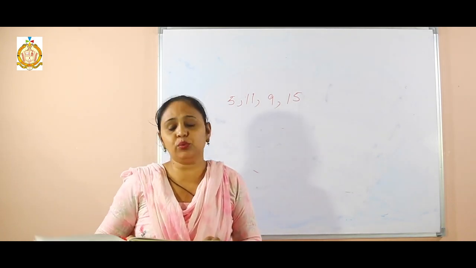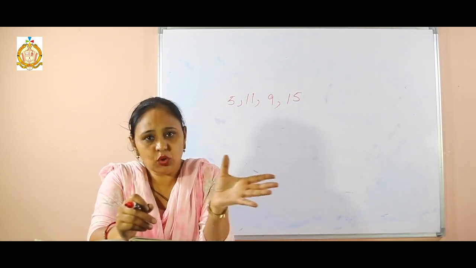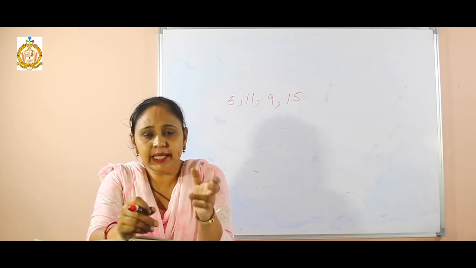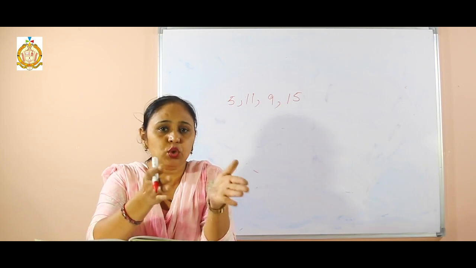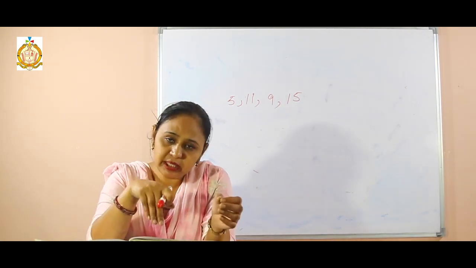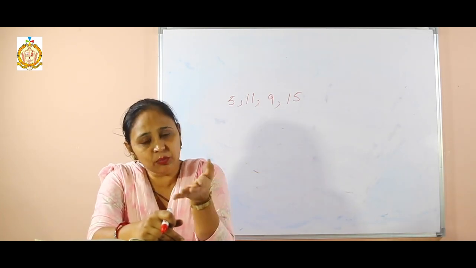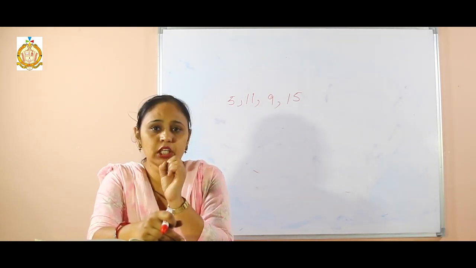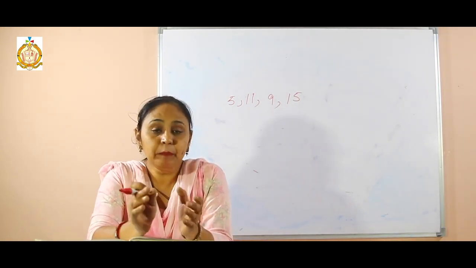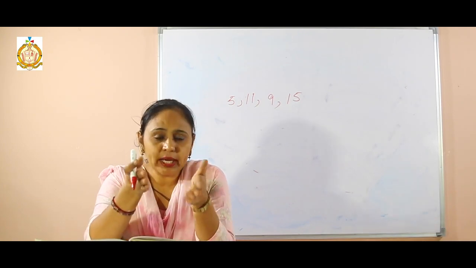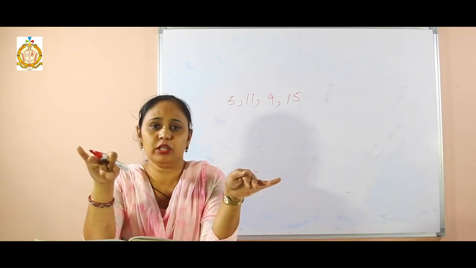Now in this 14.4, see students, there are 3 terms. If there is a common factor, we take it common first. Next, we make the grouping. If there is an even number of terms, we make groups of 2 and take the common. But in this exercise there are only 3 terms. We can't make the groups. We can't take the same value from all the terms. Then what to do? That is called middle term split. Middle term split means from one value I make 2 values, so the 3 terms become 4 terms. Now see how to do it.